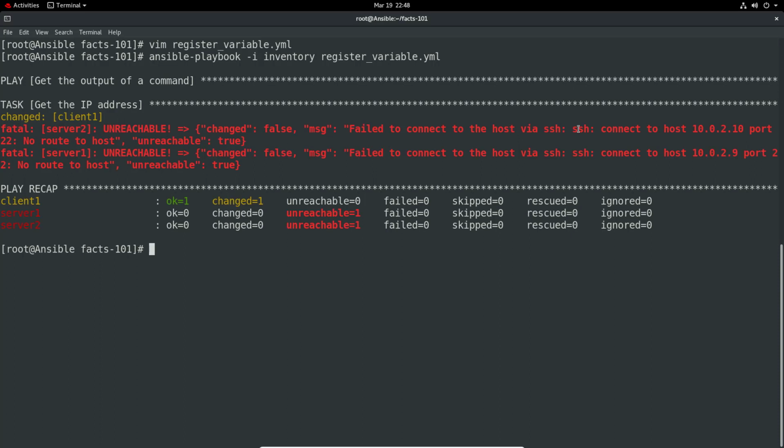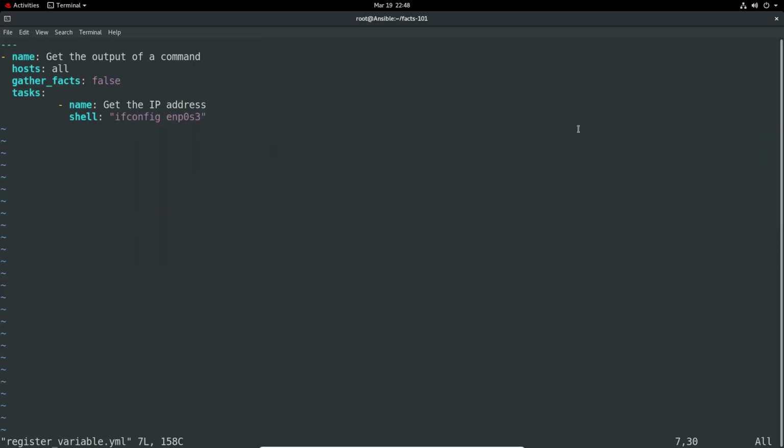So you can see we just got changed, and we don't actually have any more information about how that's changed. So it's not really giving us the IP address or anything. It's not very useful in its current state. So we need to edit this file to add a bit more information. This is where we're going to use that register. So we've got that shell. We then need to go register, and we're going to register it as a variable. So we register it as ip_address, say,